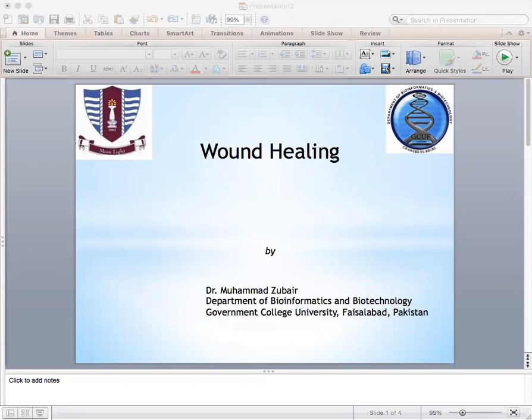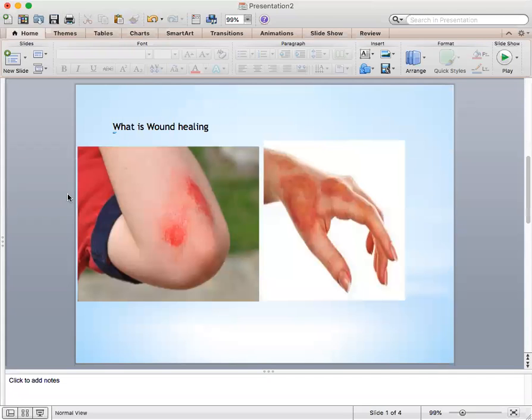Today we are going to discuss wound healing. Wound is the third major reason for medical visits in developing countries after heart diseases and cancer. What is a wound? A wound is a break in the integrity of skin or tissue, often associated with disruption of structure and function of that particular tissue. Wound healing is a complex process